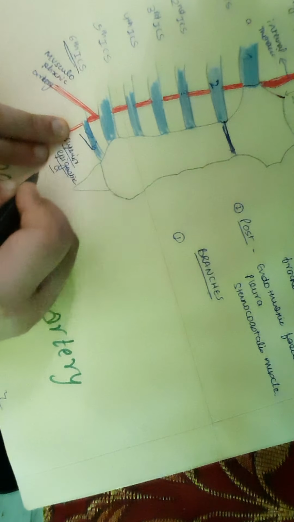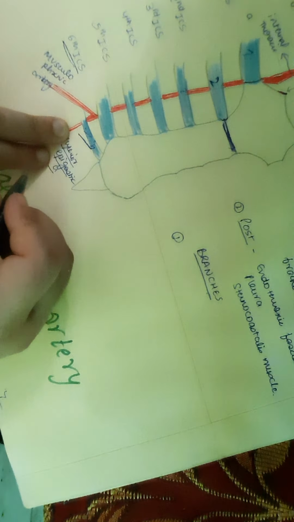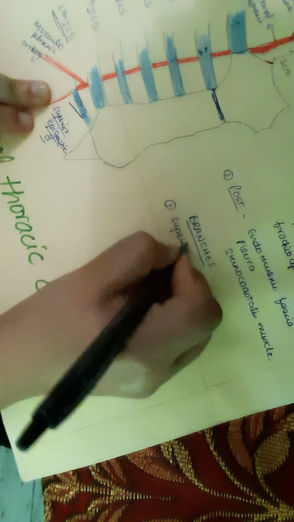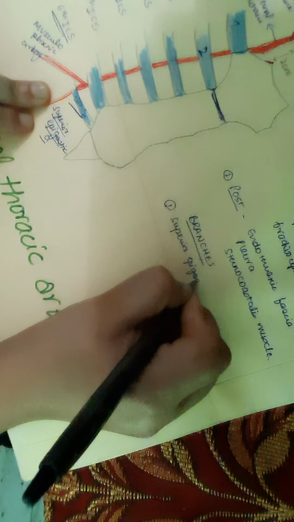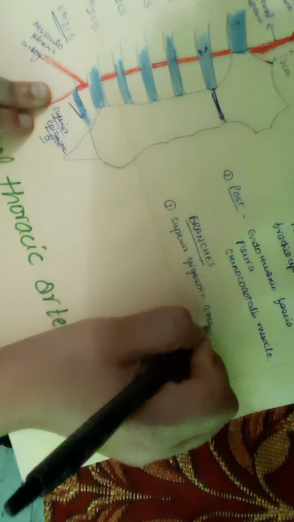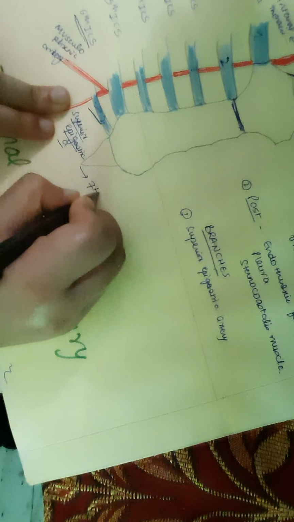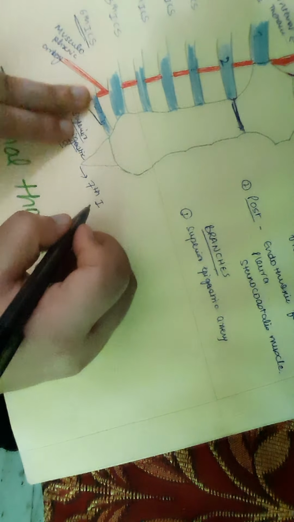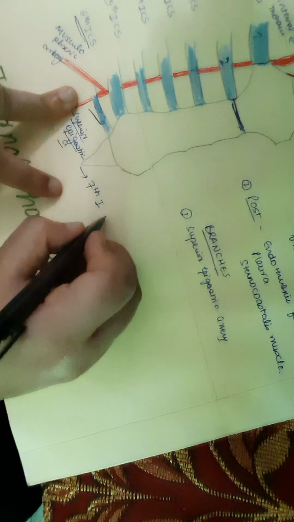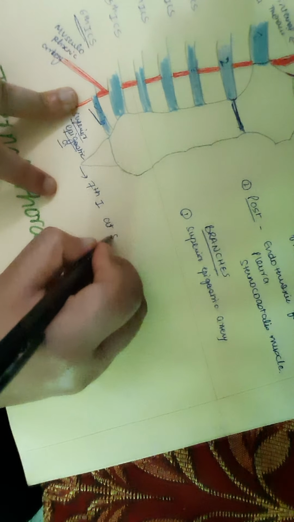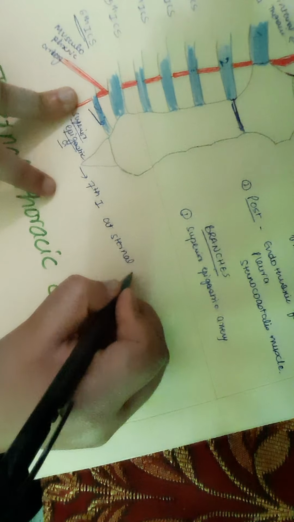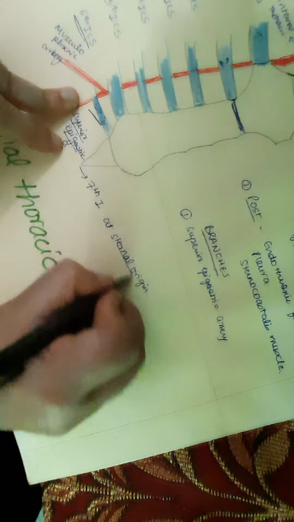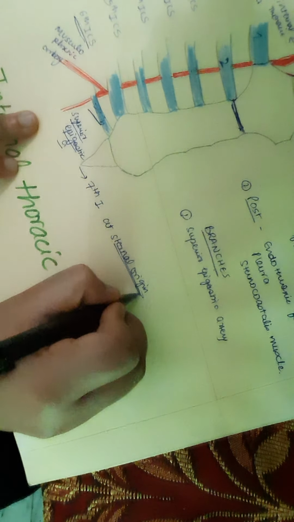Right, so at the point of the seventh rib only, we have the sternal angle, the sternal origin of the diaphragm. So at the sternal origin of the diaphragm, the superior epigastric artery, because it is at the seventh intercostal space, is going to pierce the diaphragm at the sternal origin. Okay, so we have the diaphragm. Everyone knows that the diaphragm has many origins: the sternal origin, the costal origin, the vertebral origin. So at the sternal origin, it is going to pierce the diaphragm. So we have the superior epigastric artery.